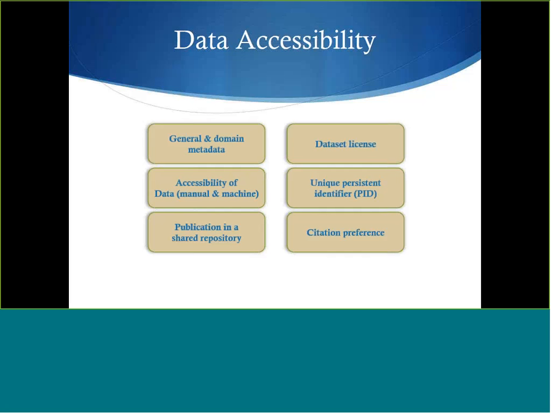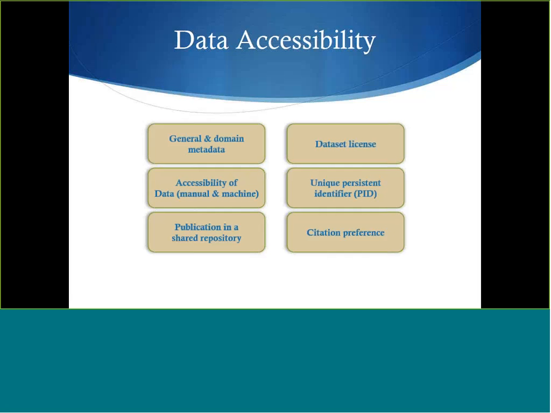Speaking of reference, there's citation preference down in the lower right corner of this graphic. That basically means who do you want listed as the authors of your data set, what is the title of your data set, what year was the data set published. You might include information like where it is located, what is the repository link, and also, last accessed can be important. For example, if it's a data set that's part of a larger data set,